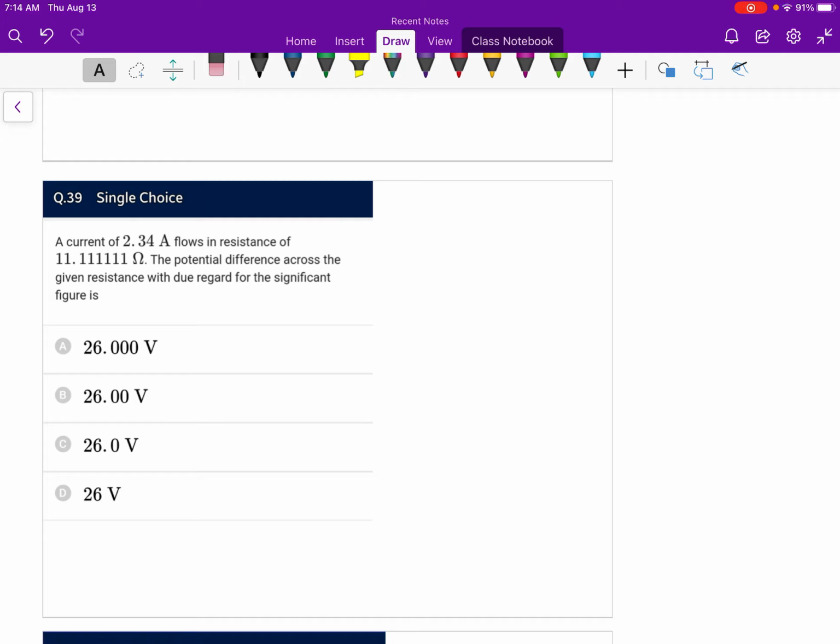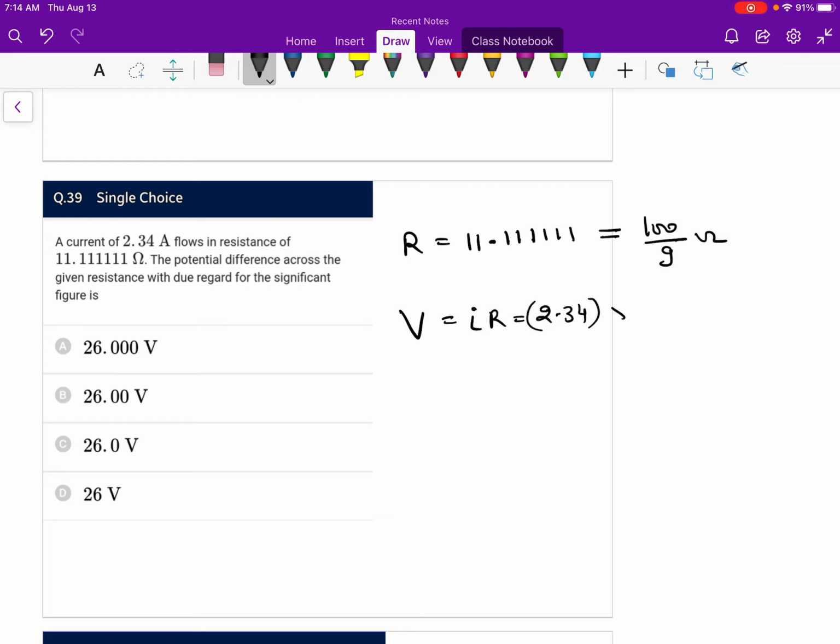A current of this flows in a resistance of this, the potential difference across the given resistance. So R is given 11.11111, which is 100 by 9 ohm. So V is IR, that is 2.34 into 100 by 9. 9 2s are 18, 9 6 are 54. So this is 260 volt. Okay, so 11.111, so 100 by 9, 0.26, sorry,